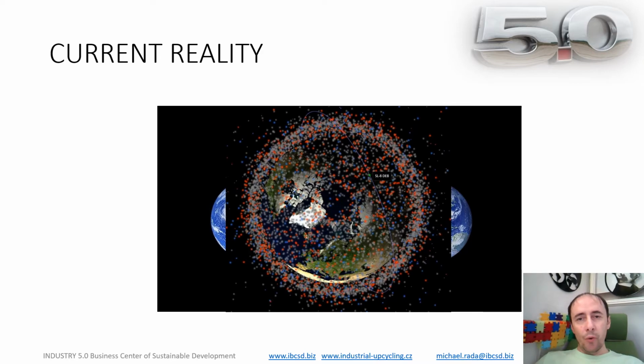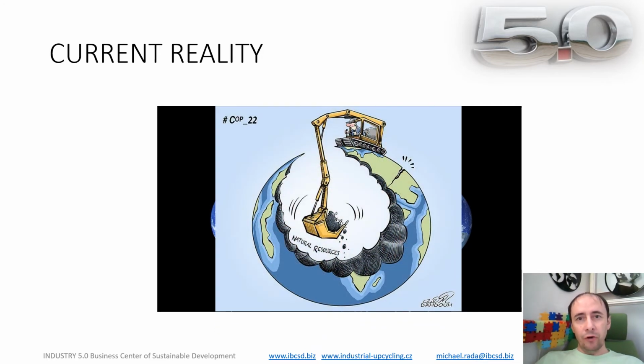Unfortunately, we have been able in a few decades to turn the orbit of our planet into a global landfill, filled with space debris: 170 million pieces smaller than 10 centimeters, 750,000 of 10 to 30 centimeters, and 80,000 above 30 centimeters. This is our planet orbit. This is our landfill. And what do we do on the planet? We dig inside, because we have been taught that